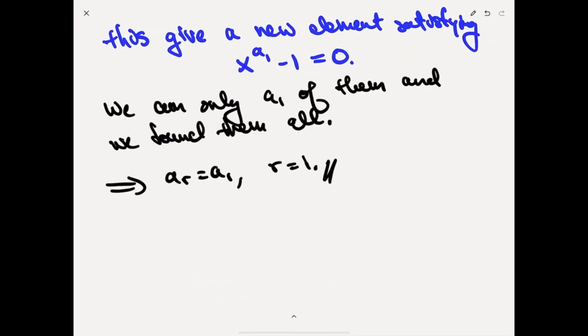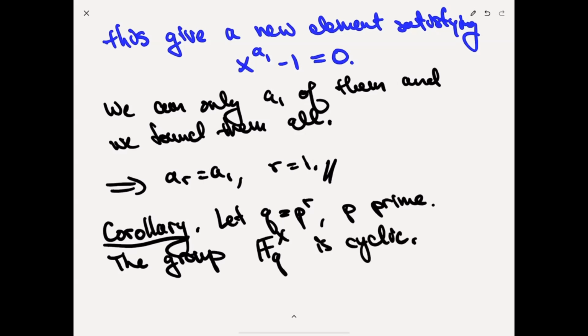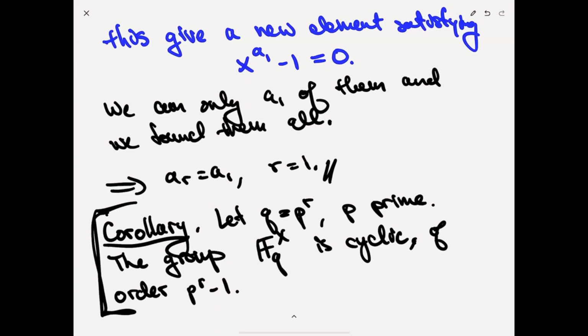Okay, so as a consequence, we have a very non-trivial corollary. Here's our first non-trivial corollary. Let Q be P to the R, where P is a rational prime and R is an integer. So the group FQ cross is cyclic. That is cool. And it's cyclic of order P to the R minus 1. All right? So now we proved that the group of units in any finite field is a cyclic group,